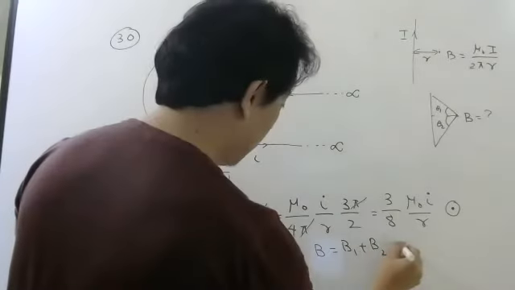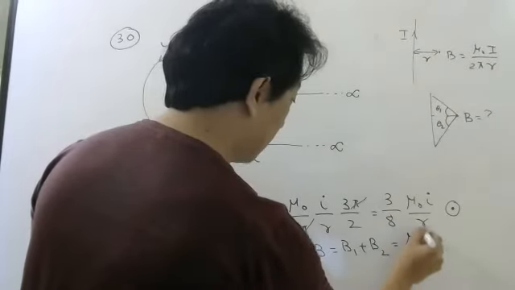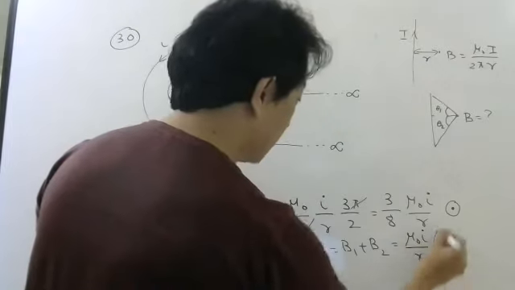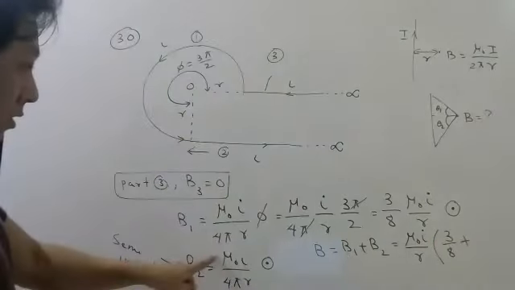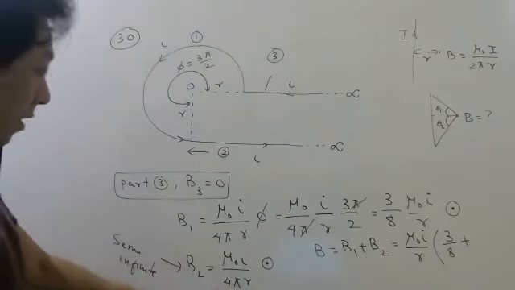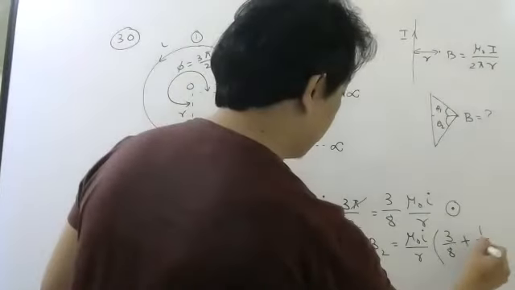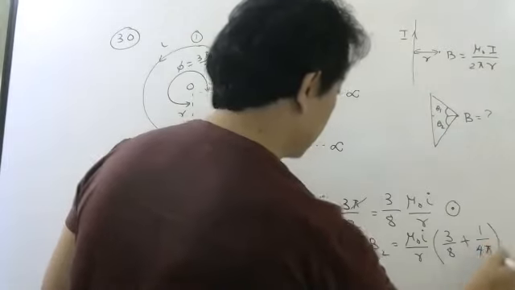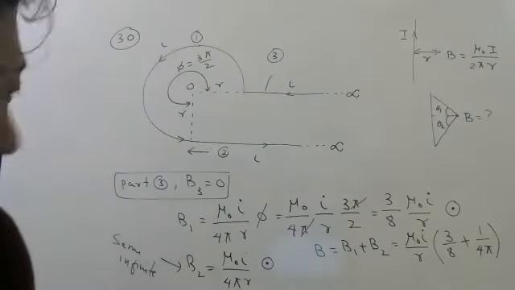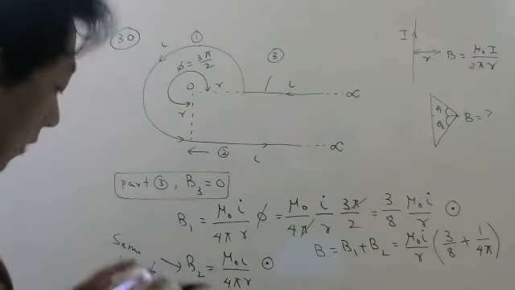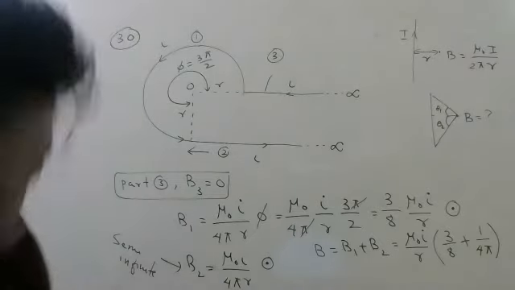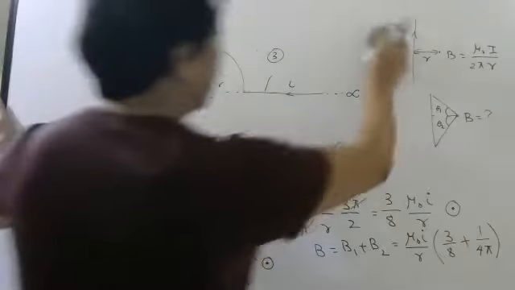So common you take, mu naught I by R is common, 3 by 8 plus here how much? Here 1 by 4 pi. Okay, so now you have to check which option will match with this. They have taken 4 pi R common. So after getting till here,